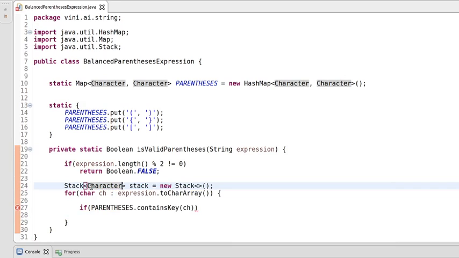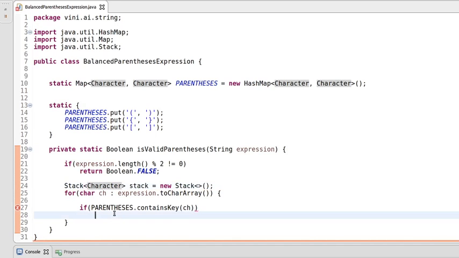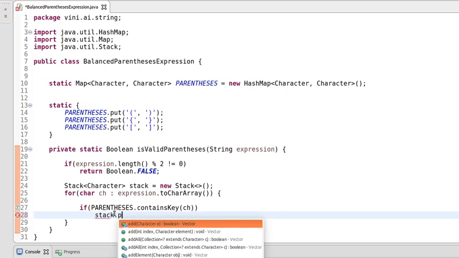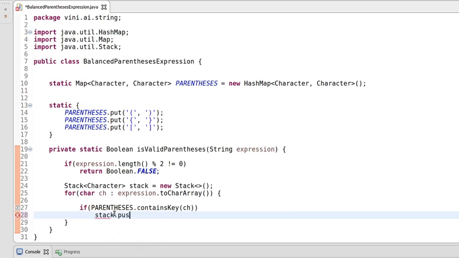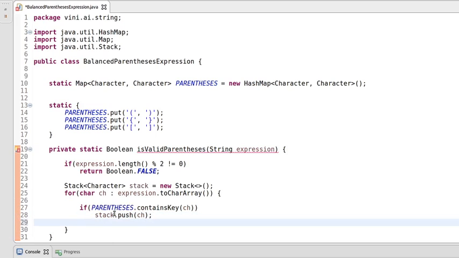We are playing with characters, so we have to initialize the stack and add stack values as characters. We'll say stack dot push as character, the opening parenthesis.